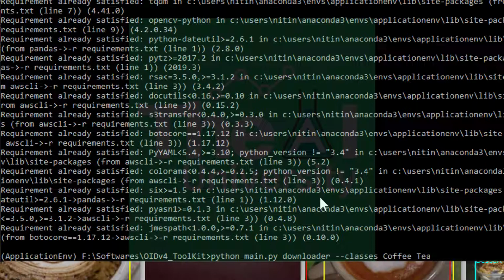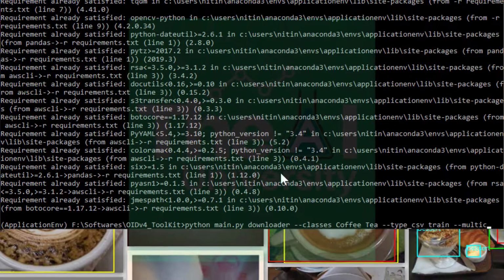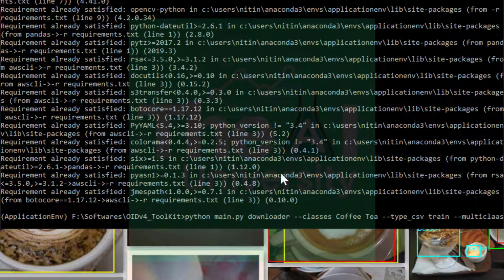There should be a space between coffee and tea, followed by --type_csv, and then after that mention train. After that type --multi_classes, then number 1, then after that --limit as 800.